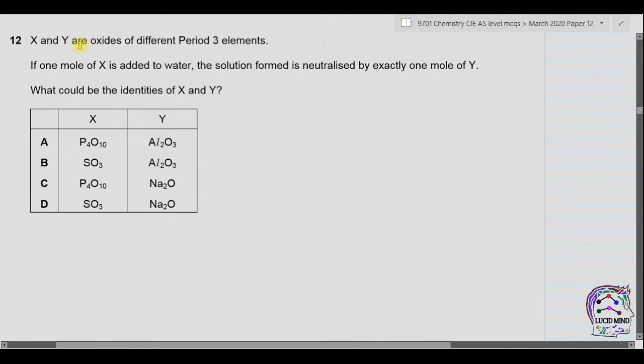Question number 12. X and Y are the oxides of period 3 elements. If 1 mole of X is added to water, the solution formed is neutralized by exactly 1 mole of Y. So you have 1 mole of X reacting with water, and it is neutralized by 1 mole of Y. So we have to solve it for all of these. The first one is P4O10. X is P4O10. So if we dissolve it in water,